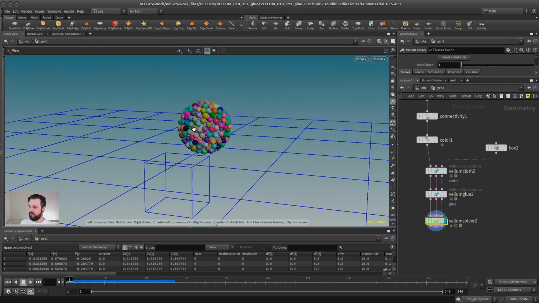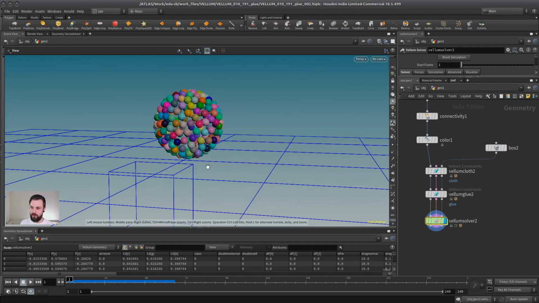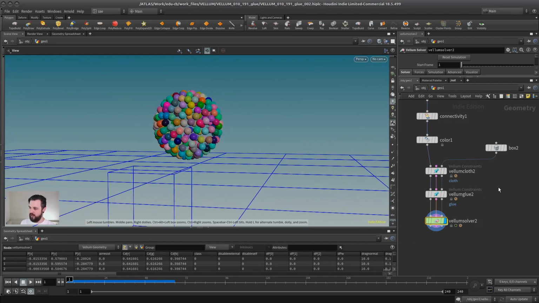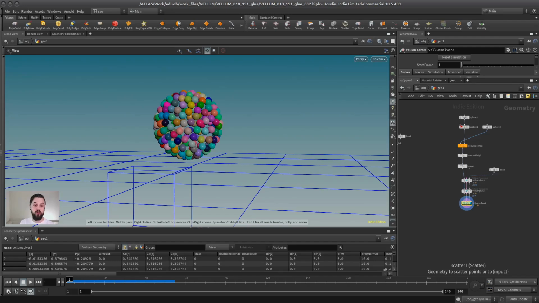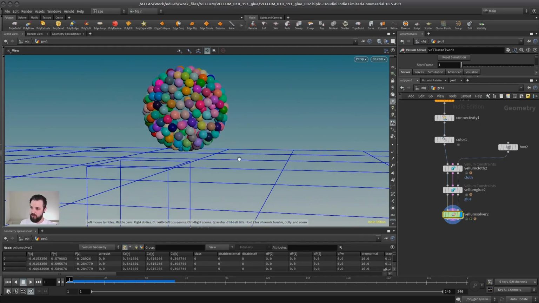But another thing that the glue constraint can be used for that we will look at later is, like the name suggests, it can actually be used as a dynamic constraint, not only before the simulation like we do now, but during the simulation, so that the connection starts to connect when objects get closer to each other. This is something we will look into later on, and this is when we will see the glue constraint again, but for now you can also use it